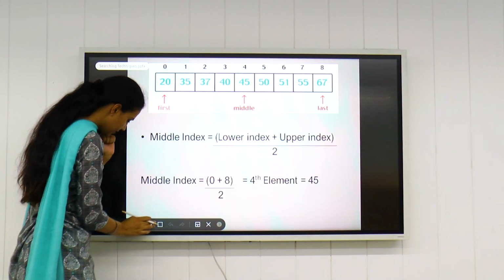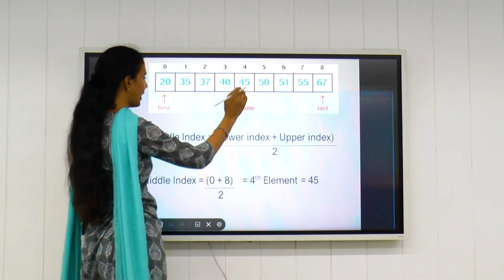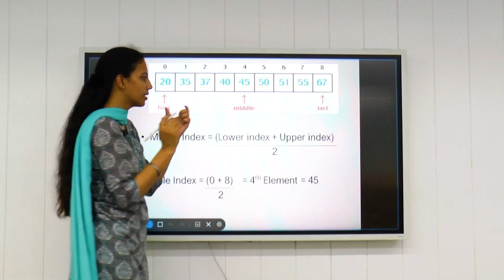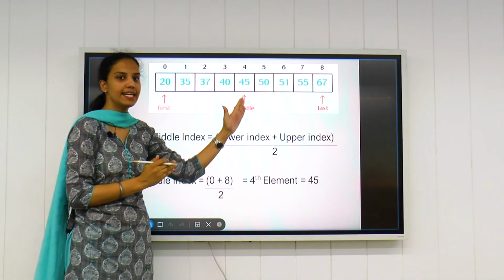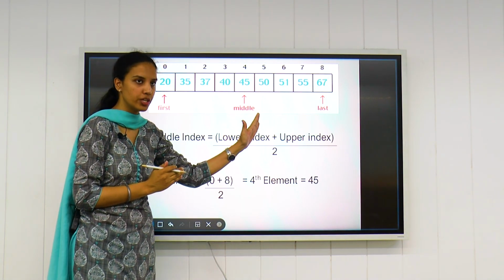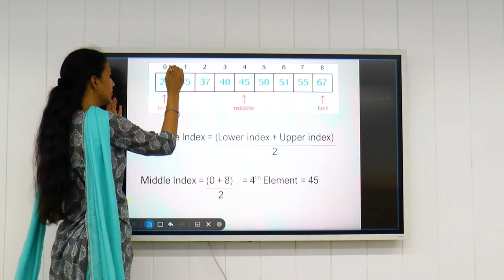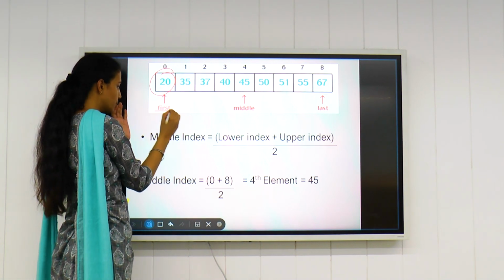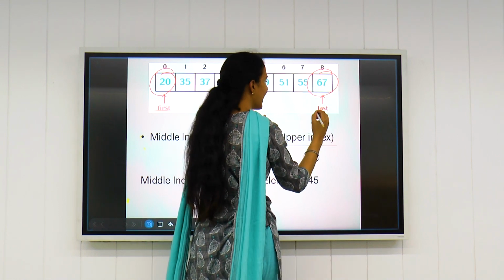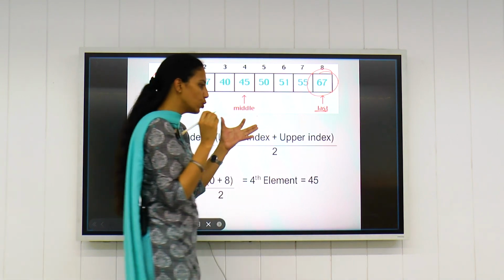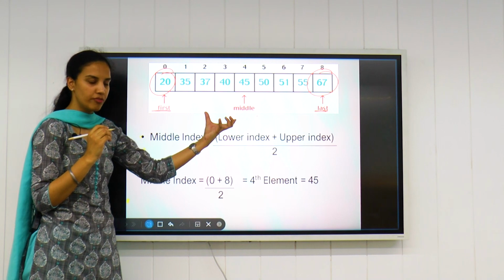Next, since we know in binary search the element is either at the first position, the last position, or in the middle position, we'll assign the first location as the pointer first and the last element as last. I am explaining how we find the middle location of the element.